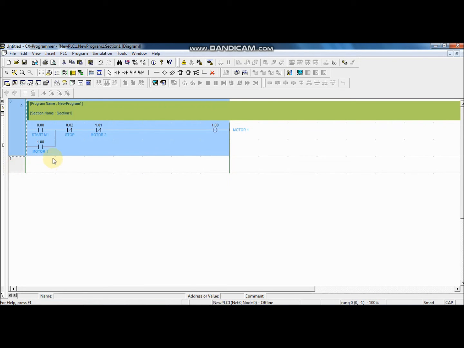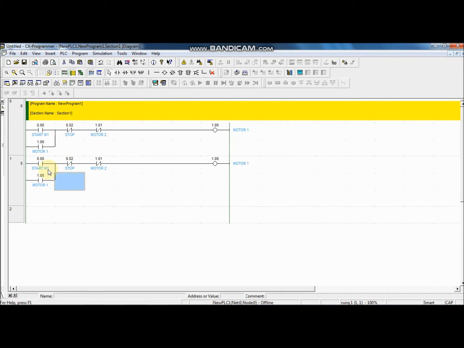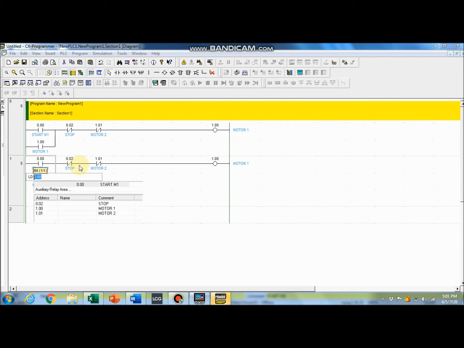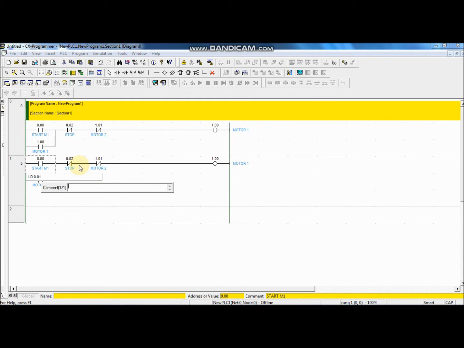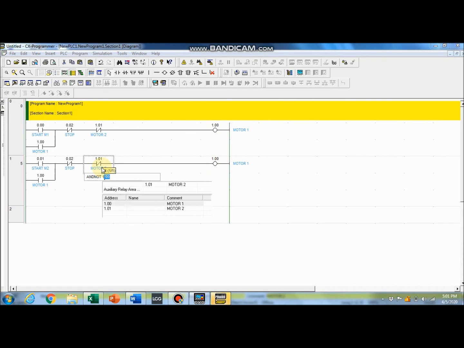Motor 2 is just similar to motor 1. So we just copy and paste here and then change the address for the start. 0.01 will be the start M2. The stop is the same. Motor 1 will disable motor 2, so here will be 1.0.